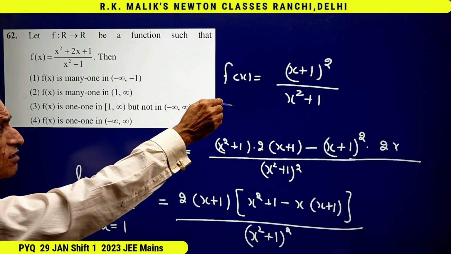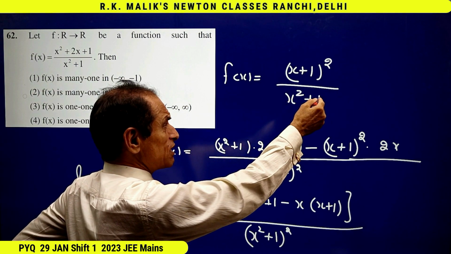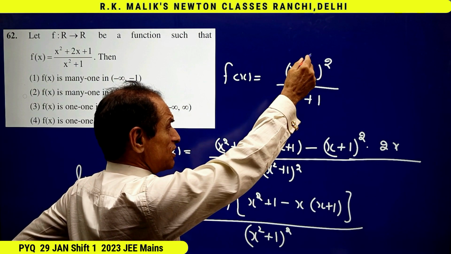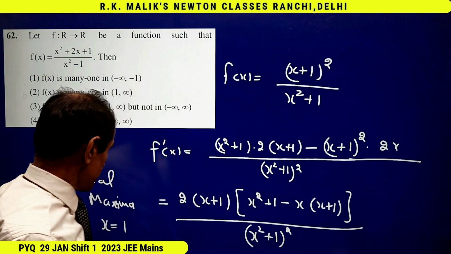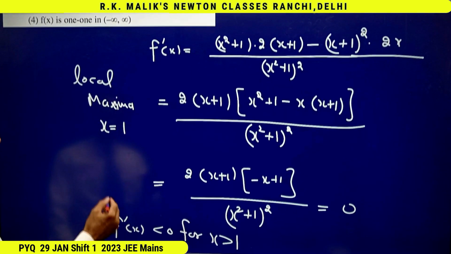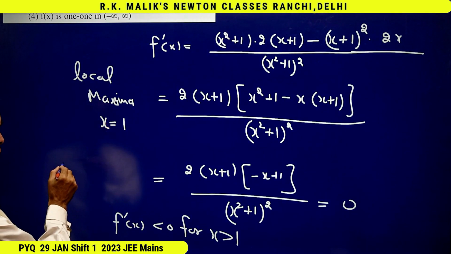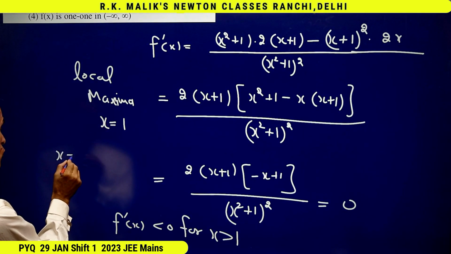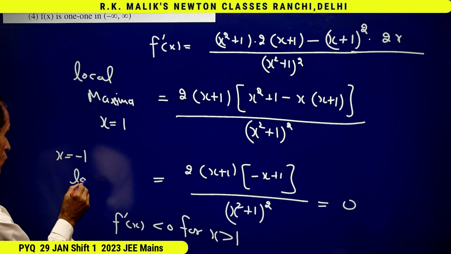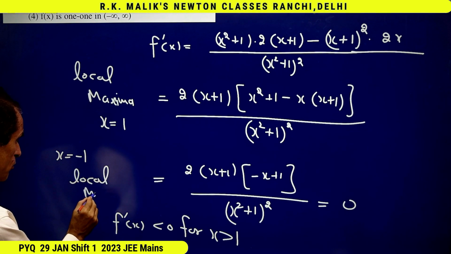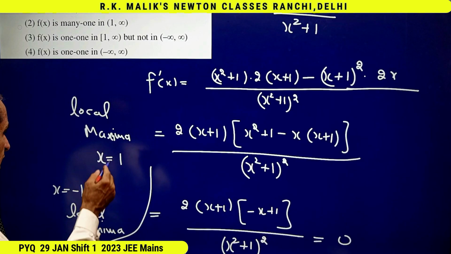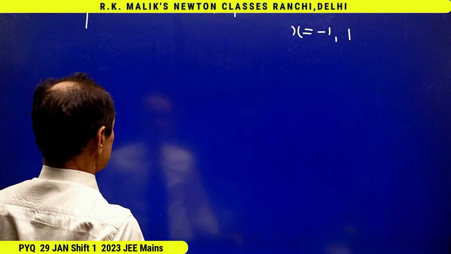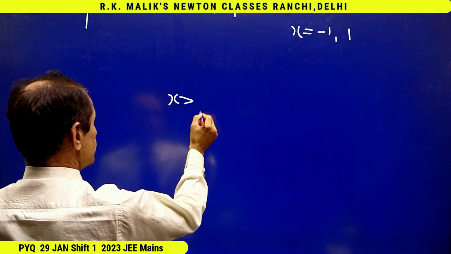And it is clear that because denominator is never equal to 0, hence this is a continuous function for all x. Hence, if 1 is giving local maxima, x equal to minus 1 will give local minima. And local maxima means for x greater than 1,